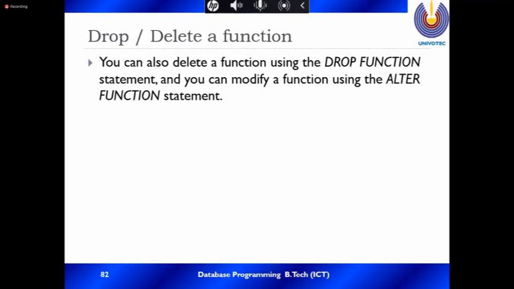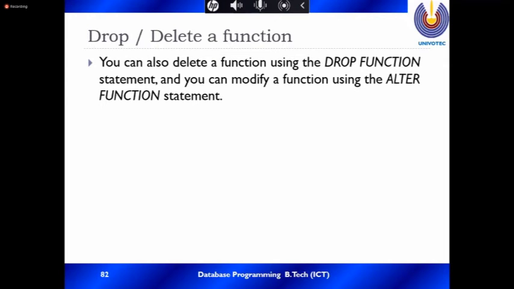For example, the discount function is there with a 10% discount, but sales have not increased. Then management thinks about increasing the discount factor, so you want to alter the statement. Otherwise, if it's not possible to change it, you drop the function and create a new function.